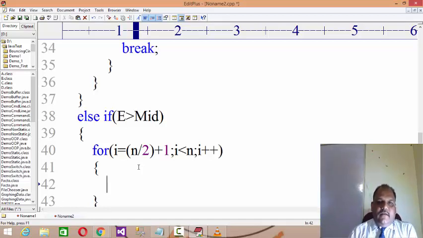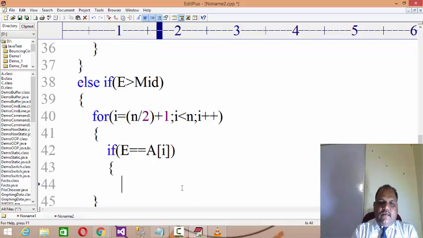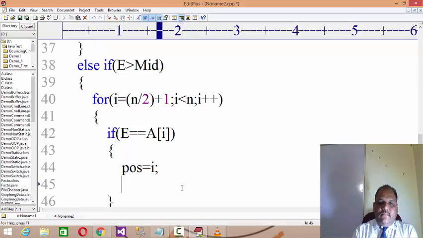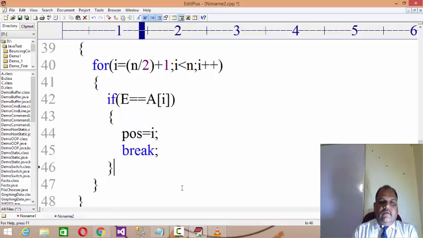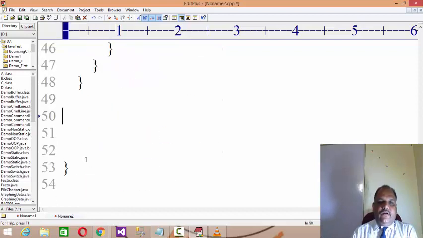Clear? And then if the element you are searching for equals a of i, again POS equals i. This is the end of if, end of for, end of else if, and here you need to have a confirm search.